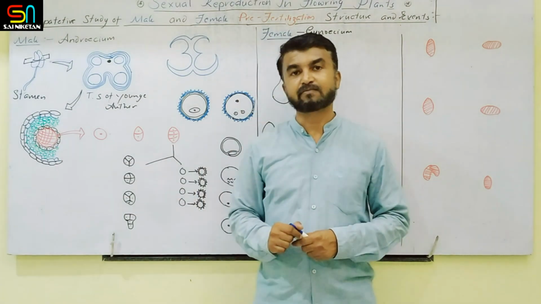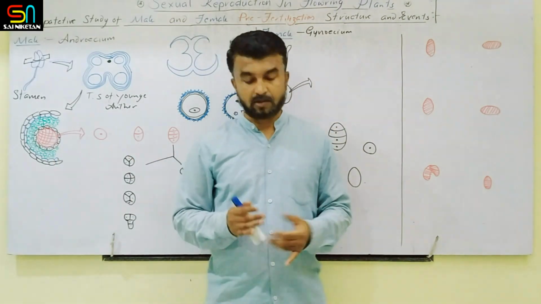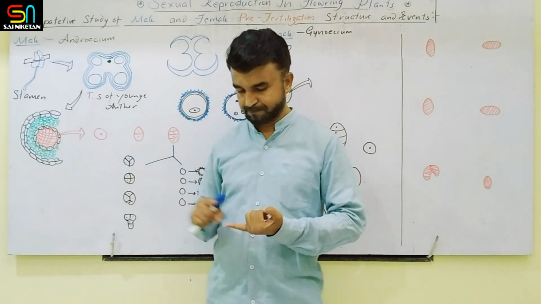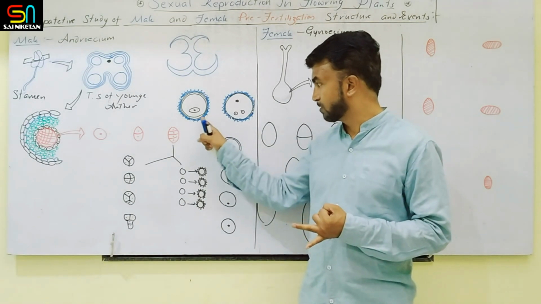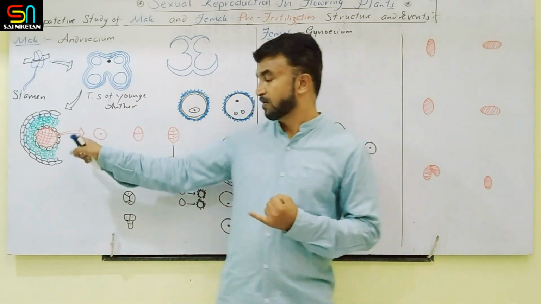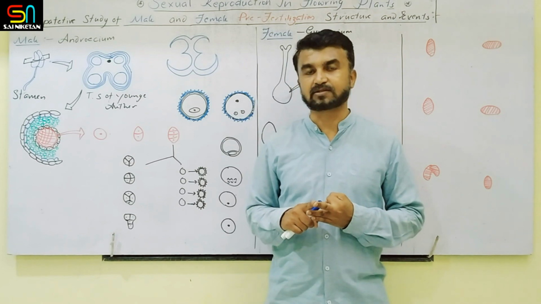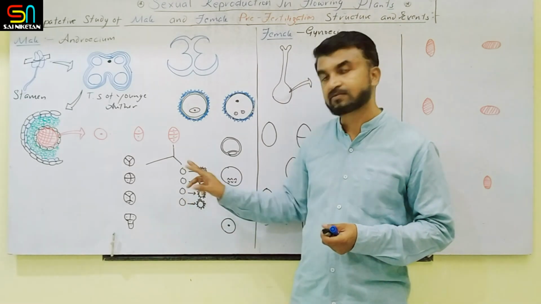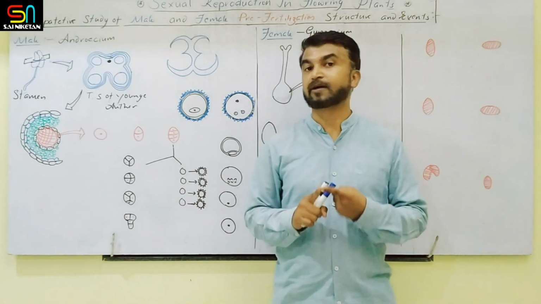The function of the tapetum is given in the textbook in a primitive way, but the actual function is different. First, the tapetum provides nourishment for the developing microspores. Second, the tapetum produces the Ubisch bodies. The Ubisch bodies are deposited in the exine and decide the thickness and patterning of the exine. Third, the tapetum produces some enzymes like callase enzyme and indoleacetic acid. The callase enzyme helps in the separation of the microspore tetrad into microspores. Fourth function, it produces pollenkitt in entomophilous flowers.